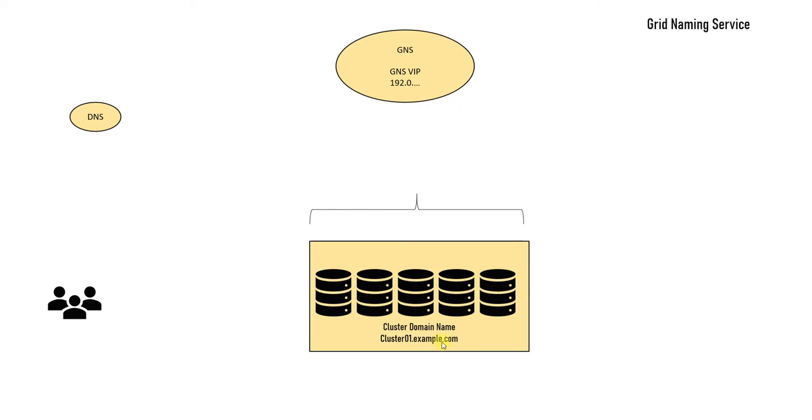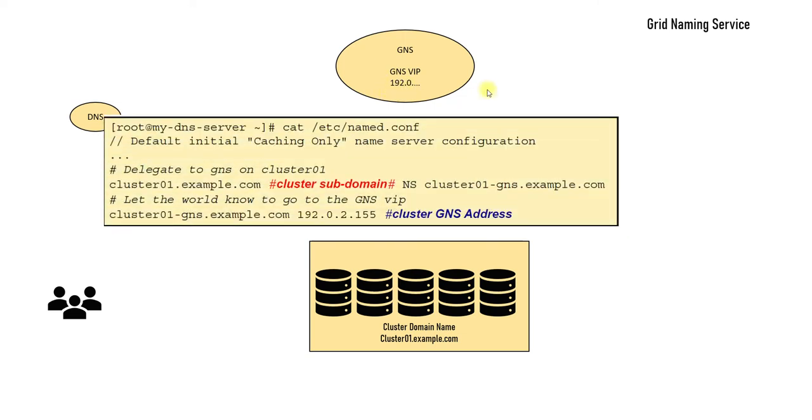This has to be registered in the DNS, and you need to make sure to inform the network person to forward whoever is requesting cluster01.example.com, forward that request to that GNS virtual IP. This is what is mentioned here. This is part of the cluster. Let's say the cluster name is cluster01.gns.example.com. You need to make sure that in the named.conf file,